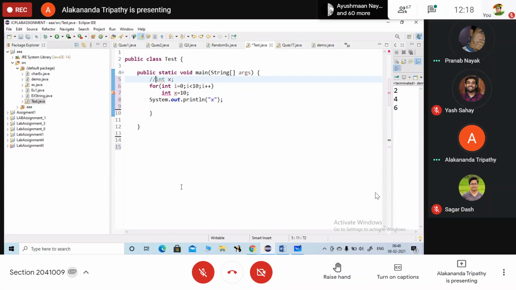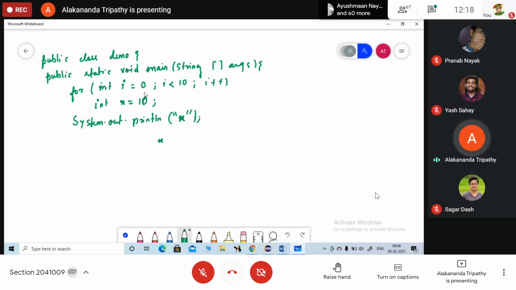Yes, ma'am. Okay, so just remember, if you have a single statement after for loop, then curly bracket is not needed. But if you are using after for loop, you have not provided curly bracket and you are declaring a variable, what are you doing here? Variable is being declared. So these declarative statements are not allowed after the for loop if no curly brackets are used.